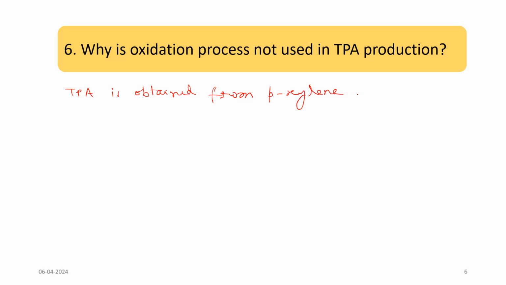So we oxidize p-xylene to get TPA. It is not like that we cannot get TPA from the oxidation of terephthalic acid, right? So obviously that is the p-xylene